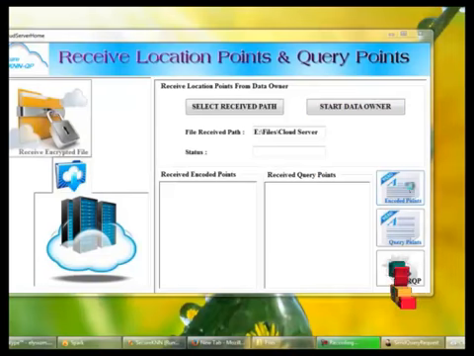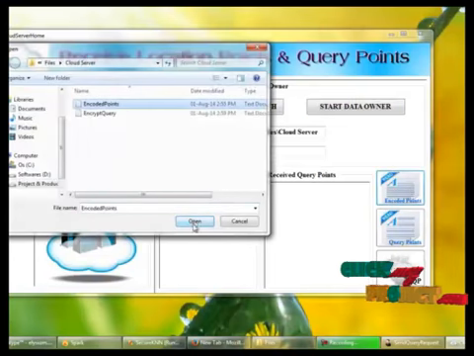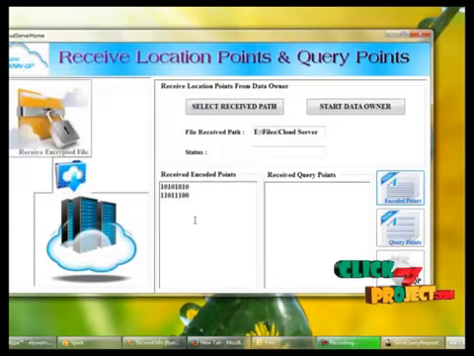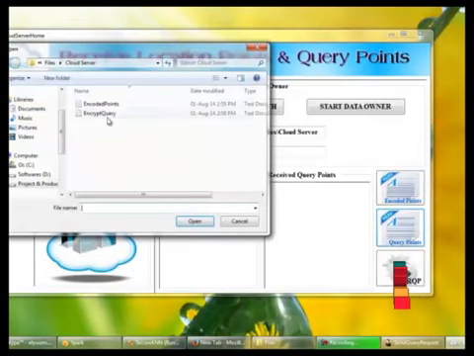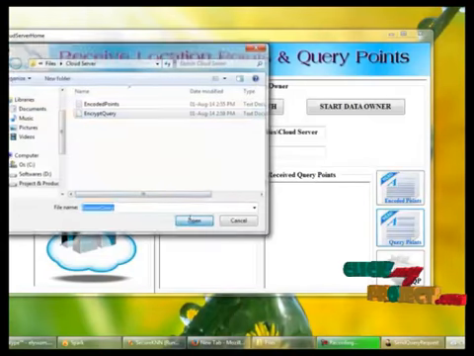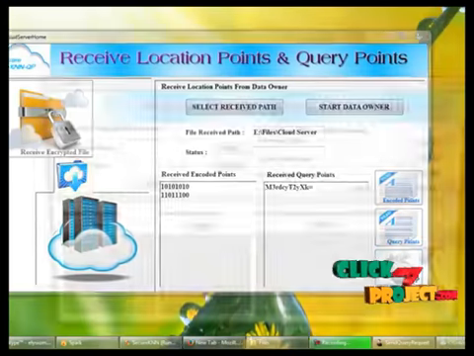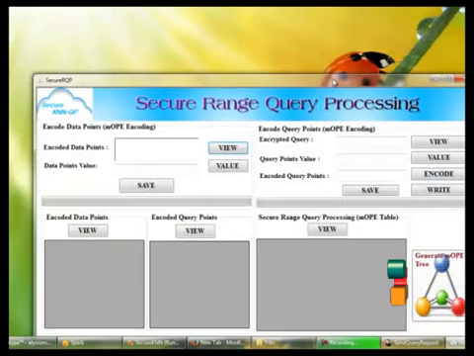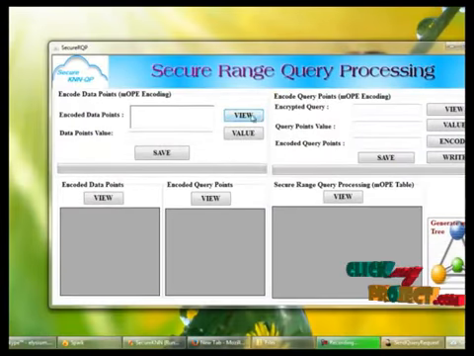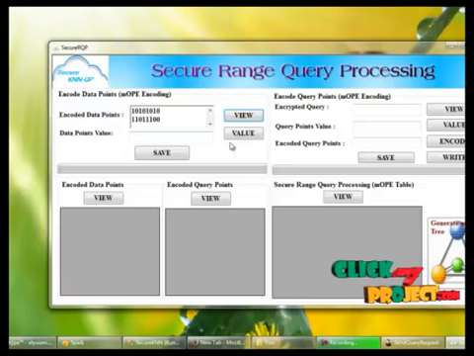And we can view the encoded point received from the data owner, and we can view the encrypted query received from the client. And next process, range query processing. For this, here we can view the encoded data points and value for the data point,